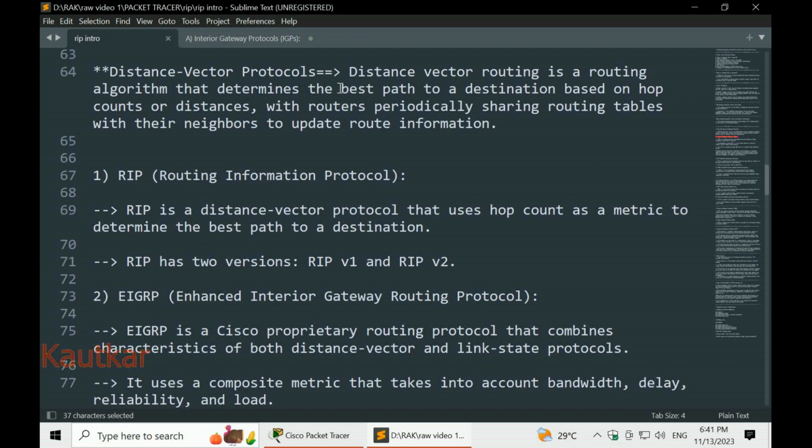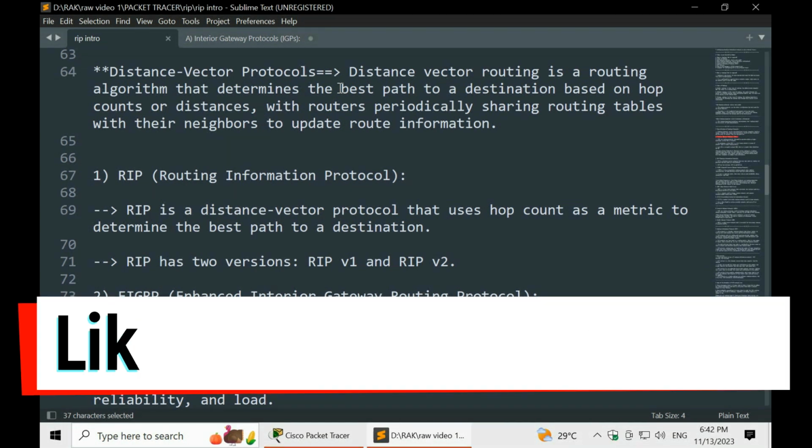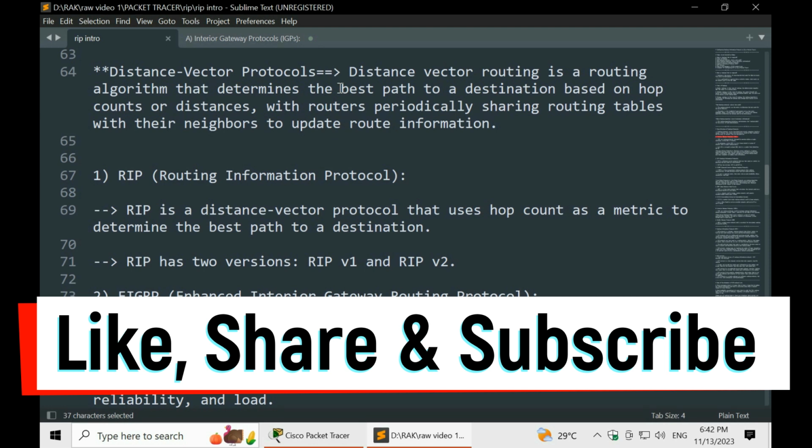So distance vector routing determines the best path to the destination based on a metric called hop count. Now hop count is the number of routers that are available on the path between source and destination. For example, if there are 3 routers present between source and destination, then the hop count will be 3.